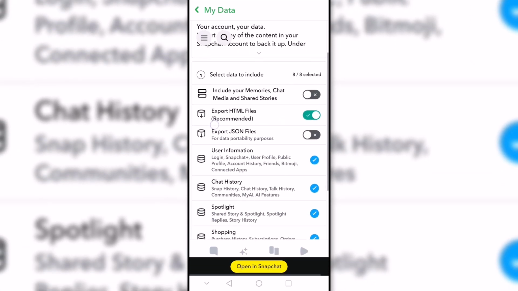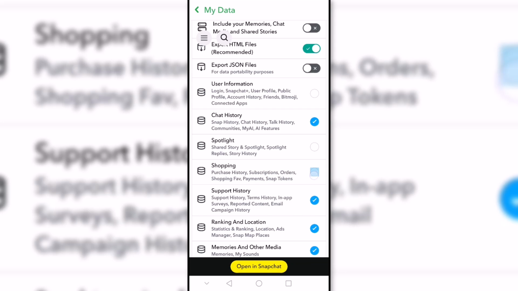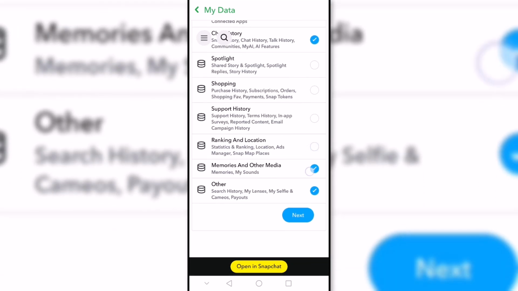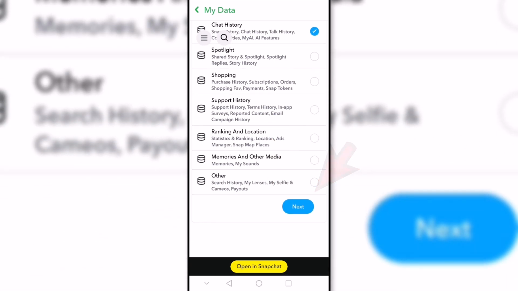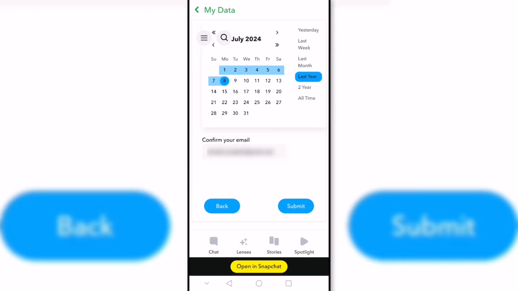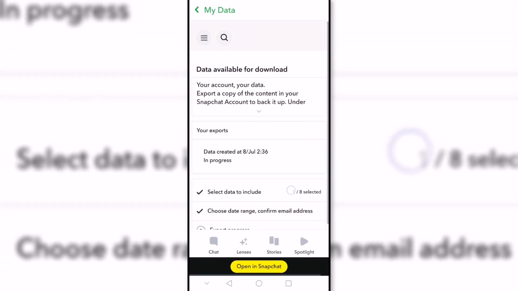Next, we are going to select the information that we want to be included in the download file and click Next. Now, we select the time range from where we want the information to appear and click on Submit. Finally, the backup copy will begin to be created where the chosen information will be included, and once prepared, we